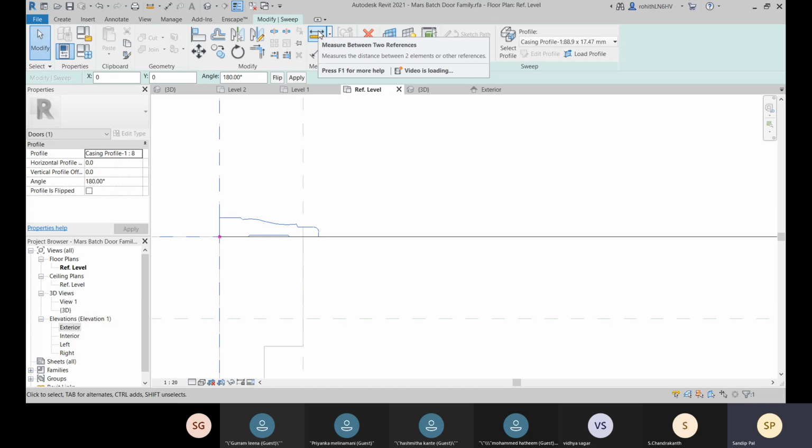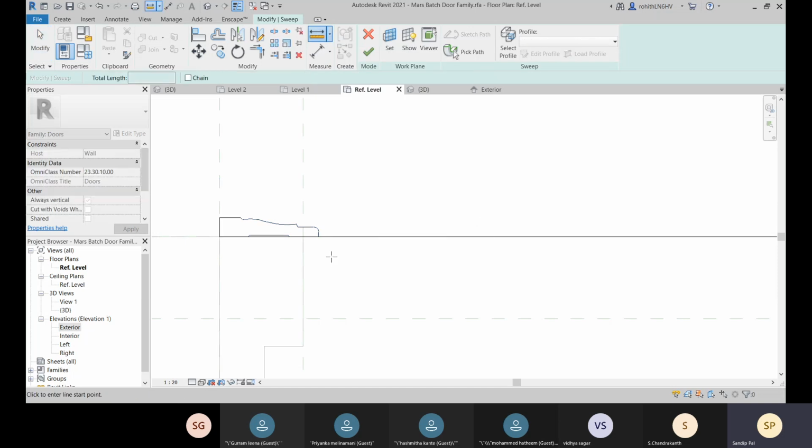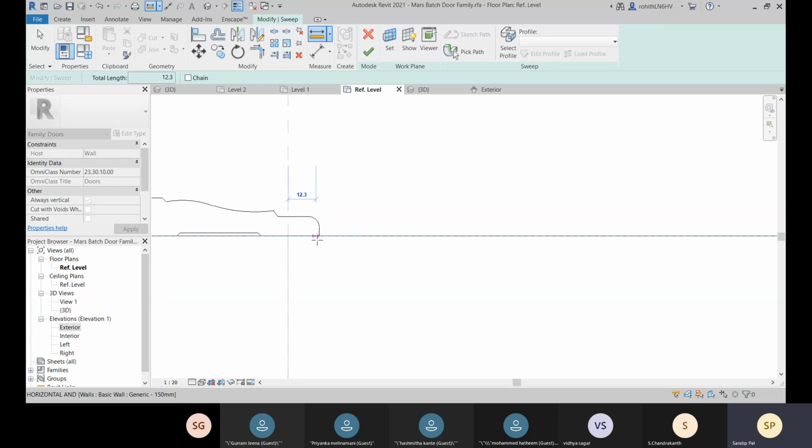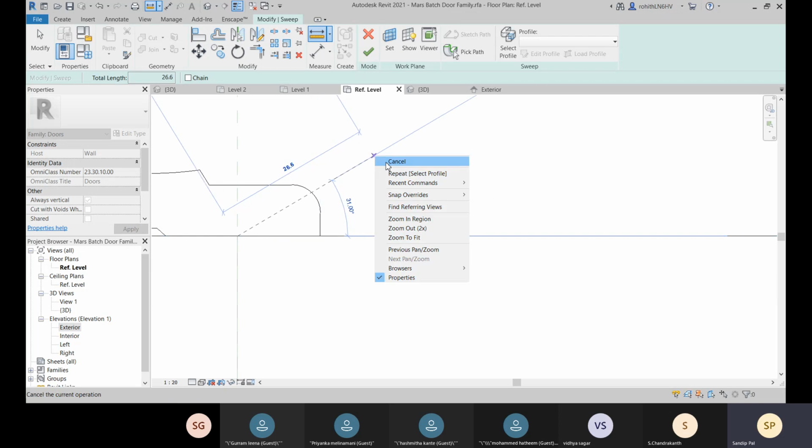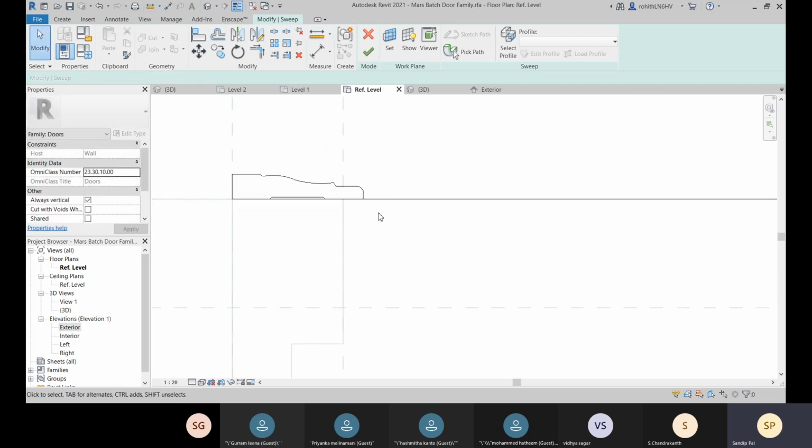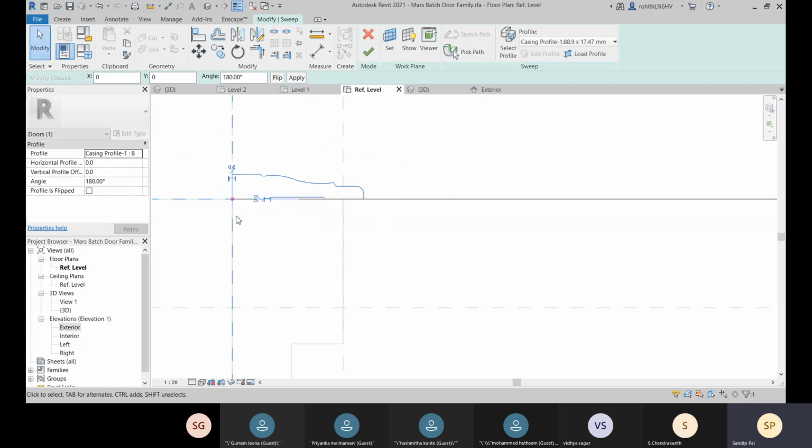So here you can do this measure between two references, from this point to here. You will not get any snap points over there, so you have to go for this 14. Okay, all right, so let's select this, and here you have this horizontal offset and vertical offset.